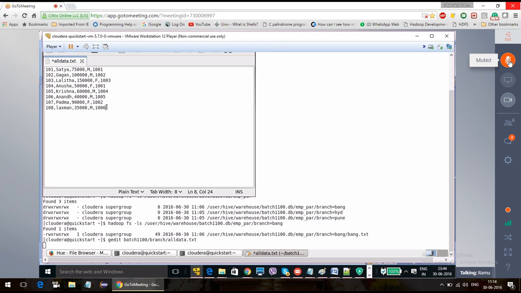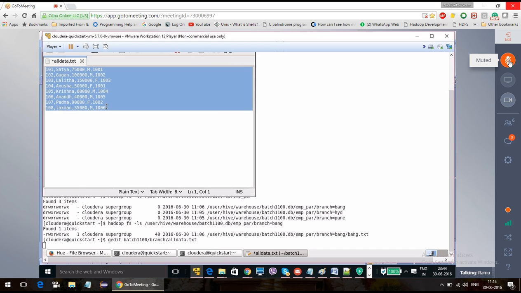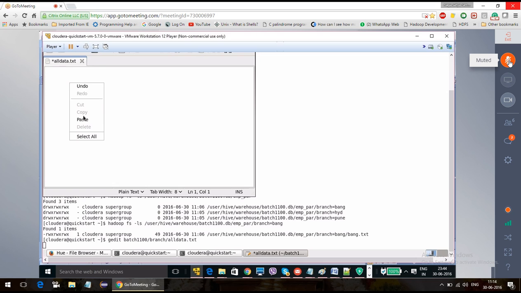Sometimes they send the data like this. This is a Hyderabad record. This is a Pune record.